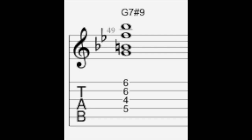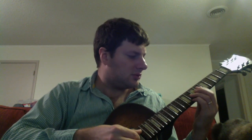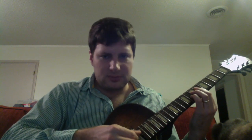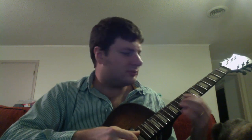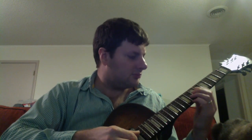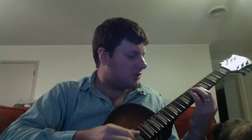So if you're comping the blues with these chords, you get a sound like this, and you want to kind of vary the rhythm, but keep the 8th note the main emphasis, so like always count off 1 to 2 to 3, something like this. Those kinds of rhythms, you want to use those. The turnarounds, you do stuff like,